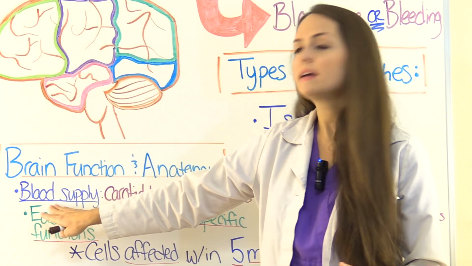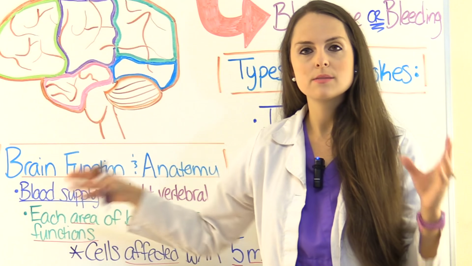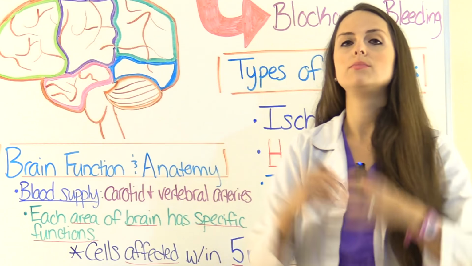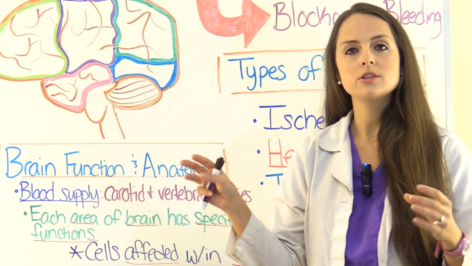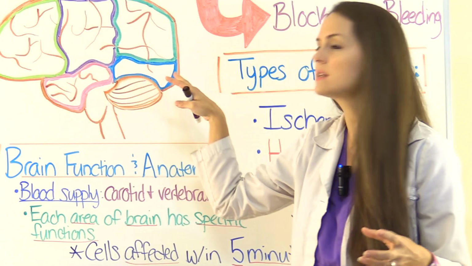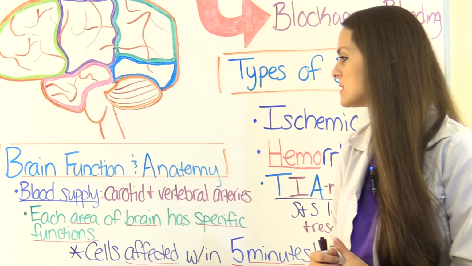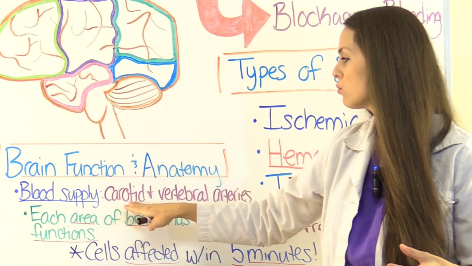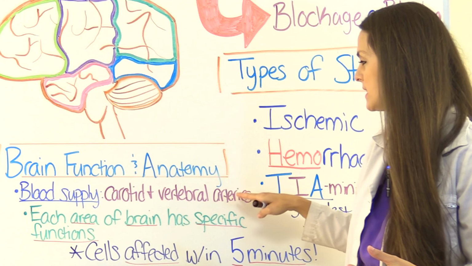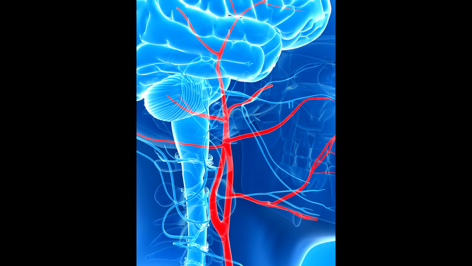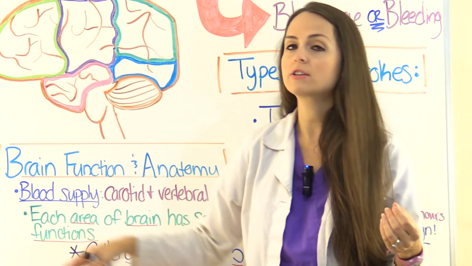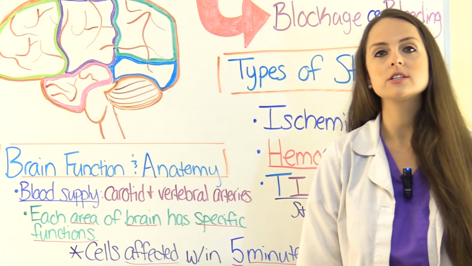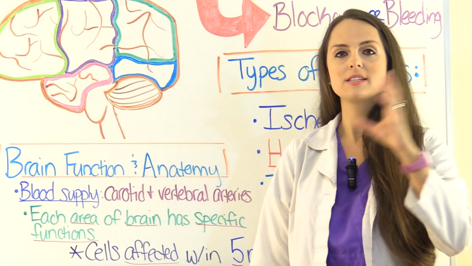So first, let's look at blood supply. What supplies the brain with all of its fresh, rich blood? Because in stroke, that's the issue. There's not enough blood getting to a specific part of the brain and it's causing the patient issues. Most of the blood supply that comes to the brain is through the carotid or vertebral arteries, and these arteries will branch off into other arteries and will feed these sections, and each area of the brain has specific functions,